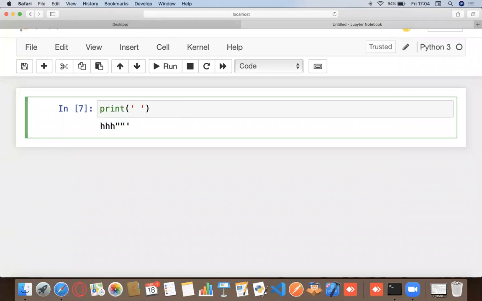Some of you asked, passing nothing would actually print nothing. Right now it's a space, so here it would have printed a space. So just printing nothing, that's it. Now you can even use multiple print statements in here.